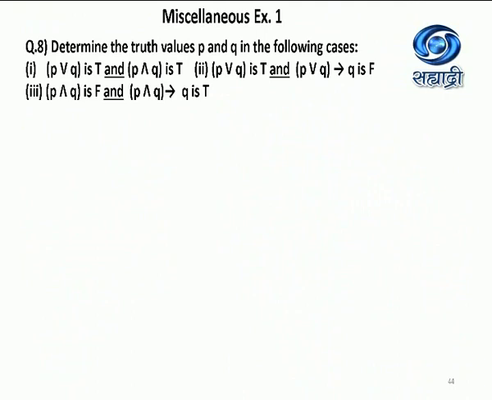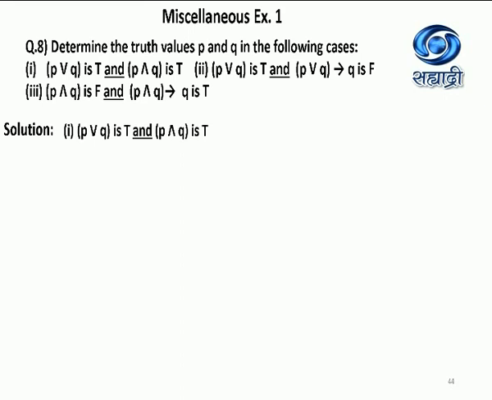Students, in the last session, I had discussed this question, and today, as I had promised, I'll continue with the same question, just to recapitulate what we had tried to understand. The question here is a little bit different because in the previous part, we had just written the symbolic form and the truth values of the given compound statement. Now, if you look at this question from the miscellaneous exercise, what does it say? They have given you the truth values of the compound statement and you have to find the truth values of the individual prime components, simple statements P and Q.